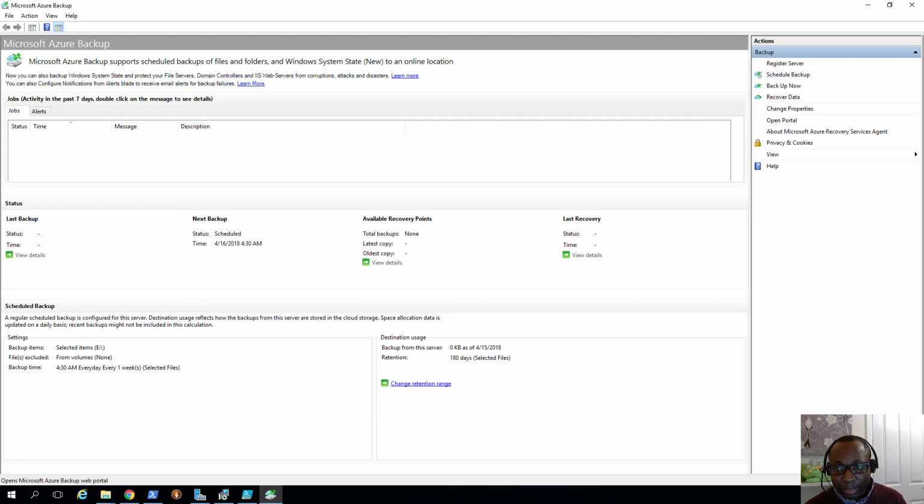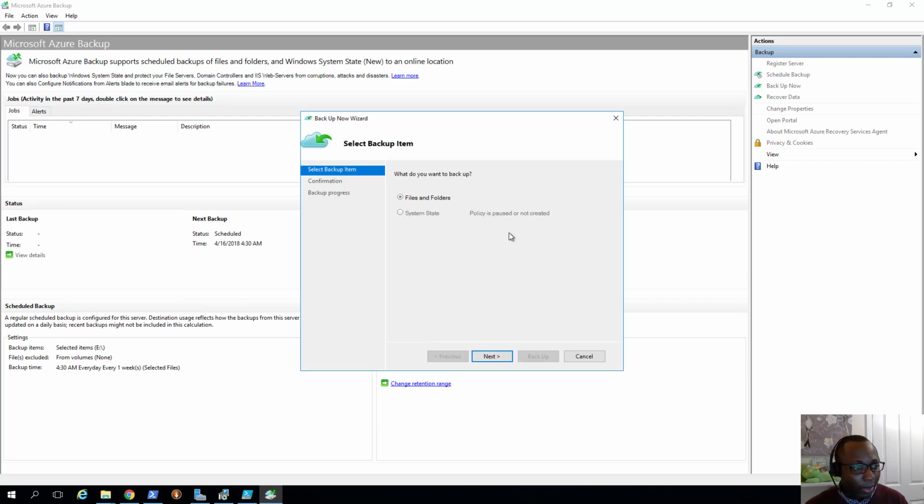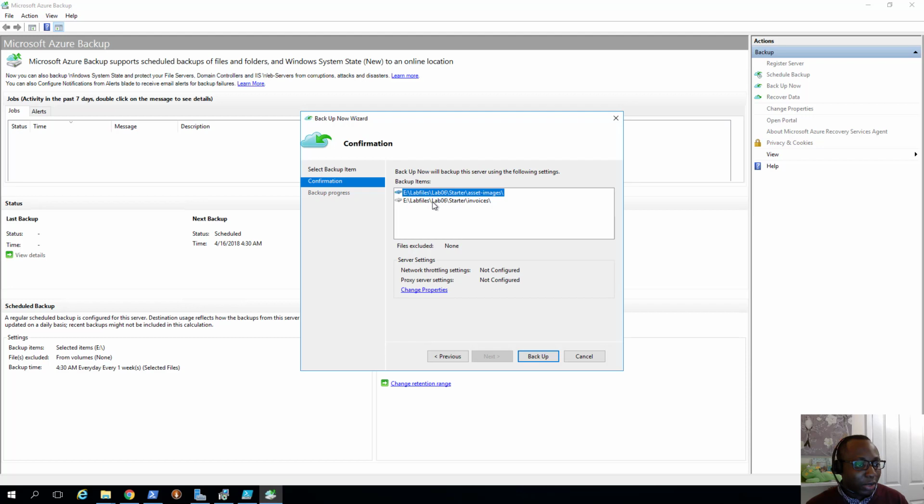So if I click the option to back up now, and this is task number 5, by the way, that should come up. Yeah, there we go. It comes up and says, what do you want to back up? The only backup that I've configured is for files and folders, which is the only option I can select here. If I click next, it tells me I'm going to back up the options that I already configured earlier. I've not configured any network throttling or proxy server settings, so it's not going to use those. If I want to change those, I can click on change properties and I'll be able to change them. In this case, I can just click on backup,